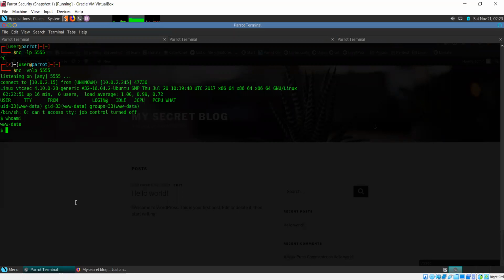Now the next thing I need to do is get a proper shell. For that I can use Python, and basically I'm just importing a Python library and using that to spawn a bash shell. And you can see that this string has now changed, so we have gotten a proper shell now. Let's see where we are. Okay, it appears we are in the main directory.